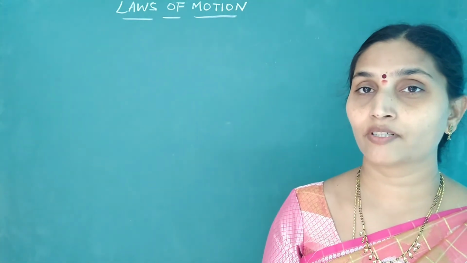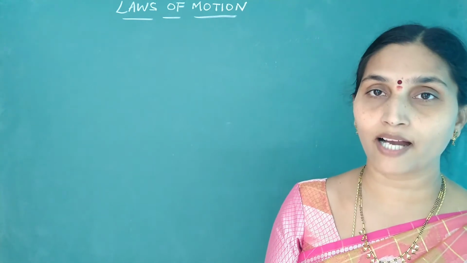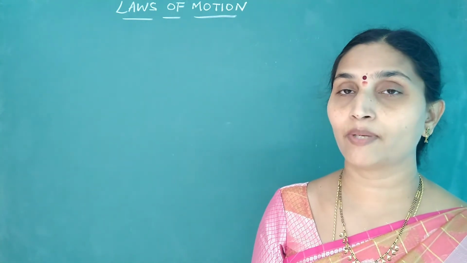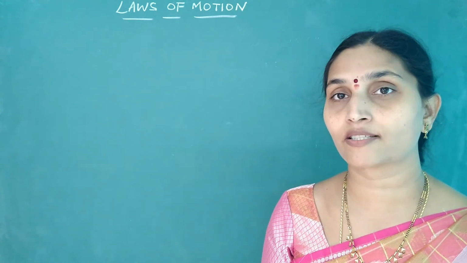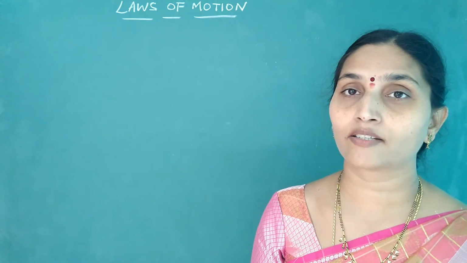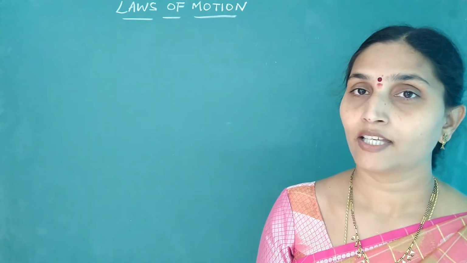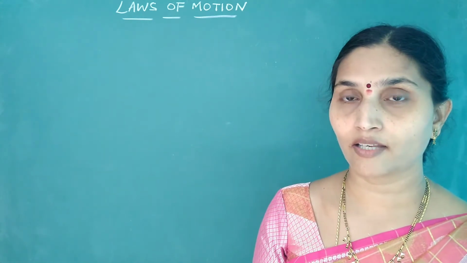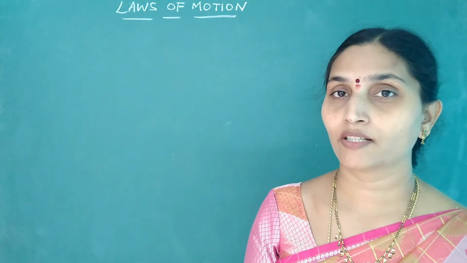In this chapter review of laws of motion, we will divide the chapter into two parts. In the first part, I will be telling you about Newton's laws, their significance, and what type of numericals are expected from the first part of the lesson, like questions related to momentum, impulse, conservation of momentum, equilibrium of a rigid body and connecting bodies. Whereas the second part of the chapter will be completely dealing with the friction part.